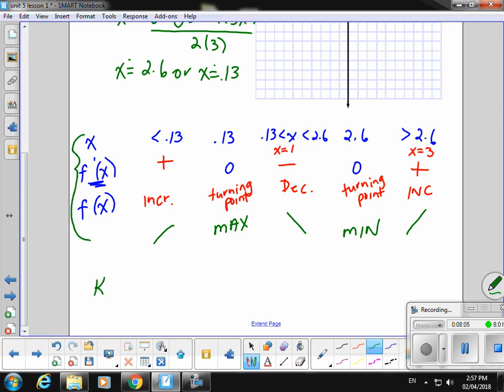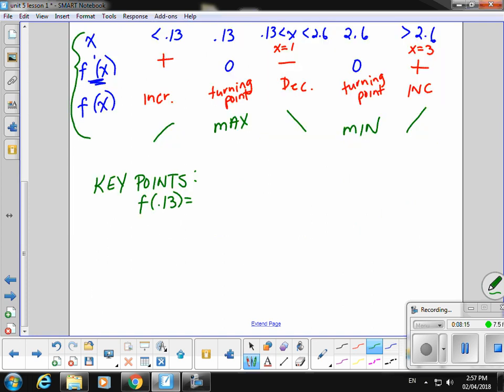Then I want some specifics for my graph. I want to know the value of the function at that really important point. Let's find the value of the function at 2.6 as well, since it's so important. I'd like a value of the function in each one of those intervals. So I looked at 1, -1. Let's look at 3. So those should get us anchored, and then my little chart can help me graph it